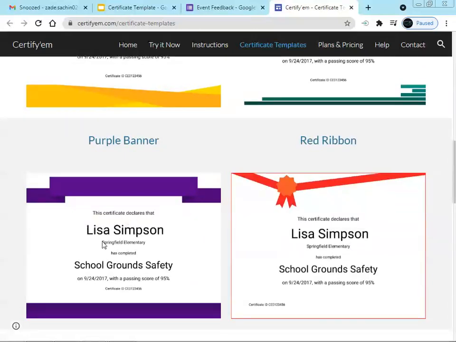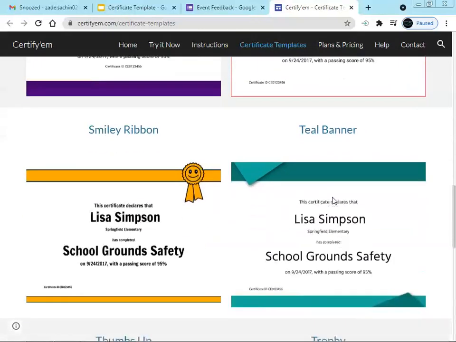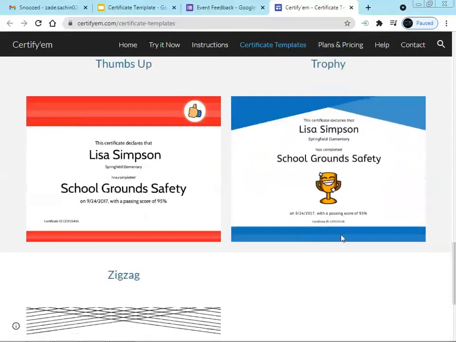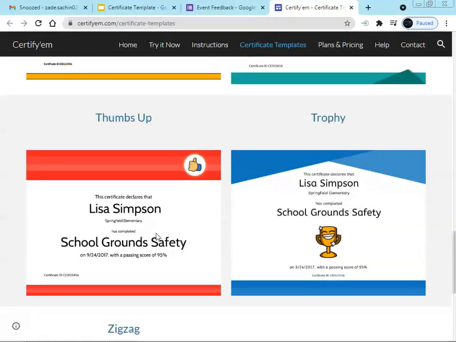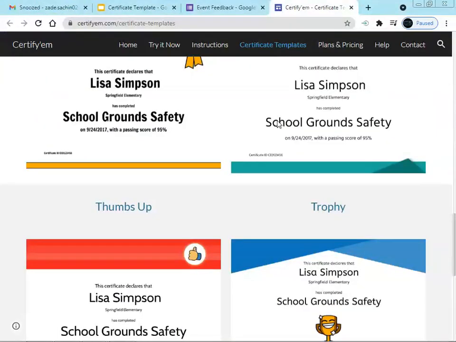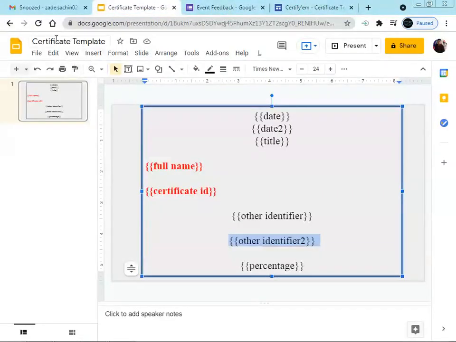In this, all things are properly set, so you just have to select this particular template, and all things will be executed automatically. These tags are automatically written here, or if not given, we can use the different tags which we had previously discussed. We had created a certificate whose name is this certificate template, that is given in this left corner.